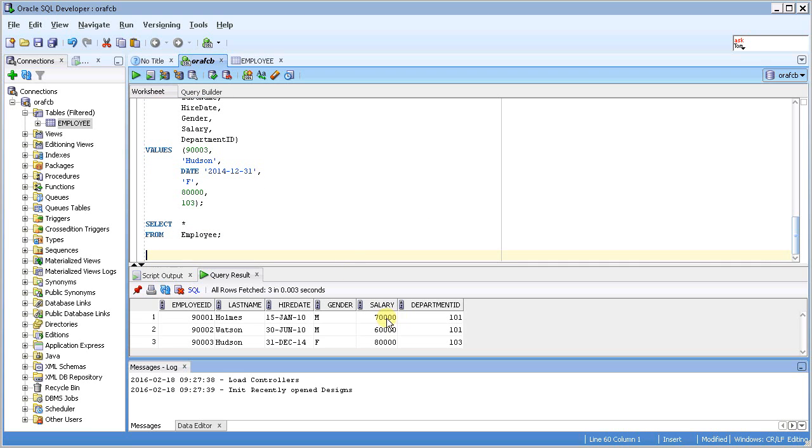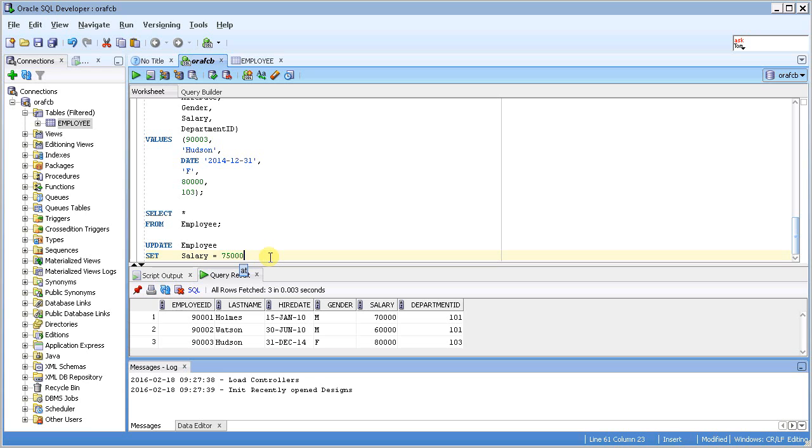So instead of deleting this record and adding it again from scratch with the new data, we can use an update query or update statement in Oracle SQL. So that starts with the word update, followed by the name of the table that you want to update a record in. So we want to update something in our employee table. What do we want to do? We want to set the value of that salary. Salary here is one of our attributes in our table. We want to set the value of salary equal to